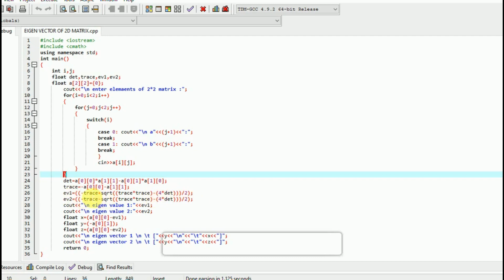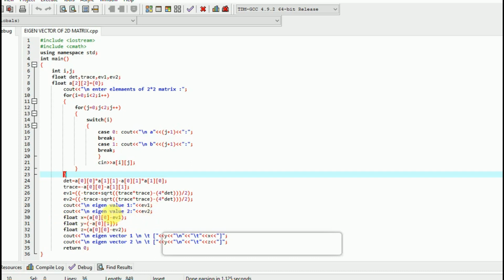This formula we generally know as minus b plus square root b square minus 4ac, upon 2a. This is the same formula we always use in finding the roots of a quadratic equation. Similarly, for eigenvalue 2, we will use the minus sign here. Thus, we will get eigenvalue 1 and eigenvalue 2.